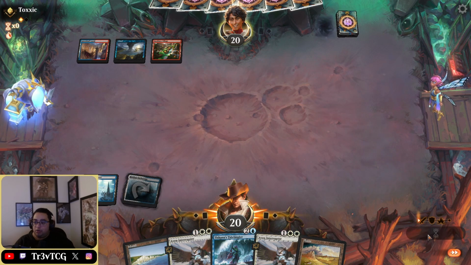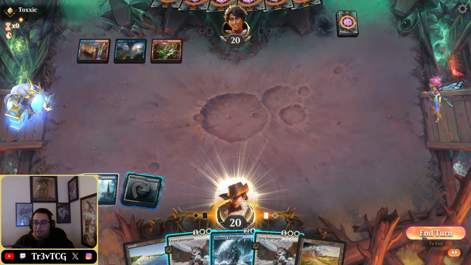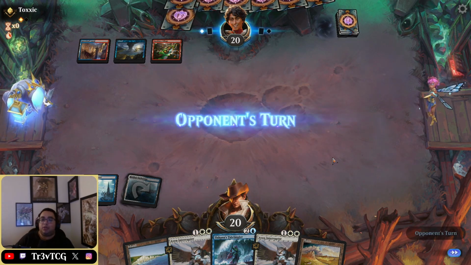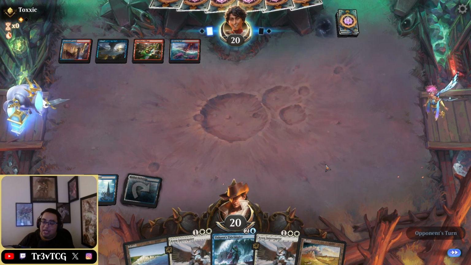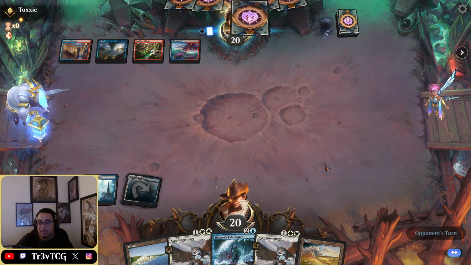Gonna drop the Anchorage out now, so we have it. Pass back. We're not really under any pressure here. I'm curious to see what's going on. Whether they're just kind of fooling us, whether they have a handful of green cards that we just didn't see last game, or what. But hey,